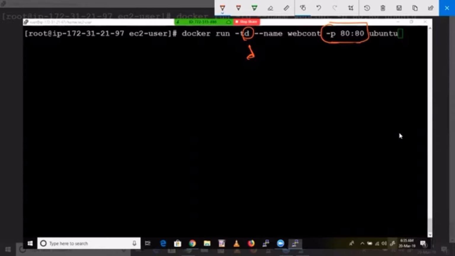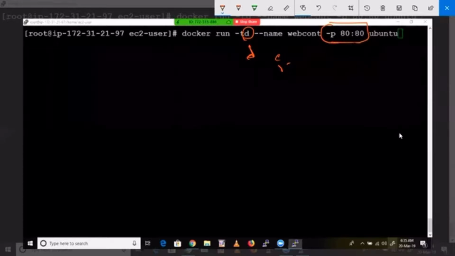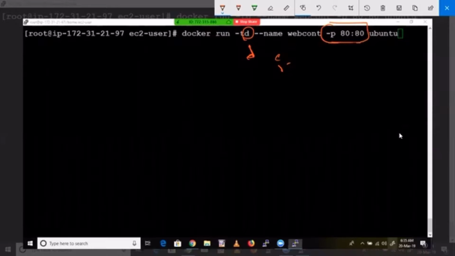Instead of I, you mention D. You won't be inside the container, but the container will be running in the backend. Since we are not going inside the container, we don't need interaction because you are not interacting with it. That's why we are not giving any bin/bash.